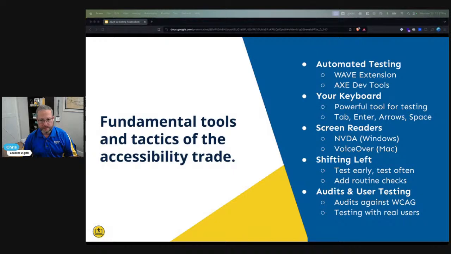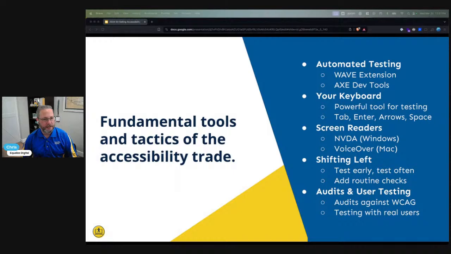Next are screen readers. If you're unfamiliar, screen readers are essentially tools that read the interface and the content to a user, typically who is blind or low vision. If you're going for a comprehensive approach to accessibility in whatever you're offering your customers, testing with a screen reader is going to be essential. The most common two are NVDA for Windows, which is a free and open source screen reader that you can install on a Windows machine, and VoiceOver, which is the screen reader in Apple's iOS-based systems, and it's just bundled with the operating system.